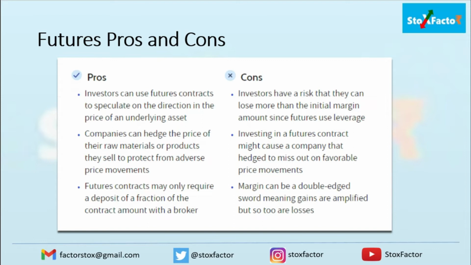Now the companies can hedge the price of their raw materials or products. So this is apart from the market. As I mentioned, the typical example of India buying oil from the Gulf countries and coming into a contract to lock the price. So they are hedging the price. Actually, they are hedging the price because both have an anticipation on either side. One is thinking that the price may rise and the other is thinking that the price may fall. So they both are coming into a contract and just hedging their risks, or hedging the price, in order to protect themselves from adverse price movements.